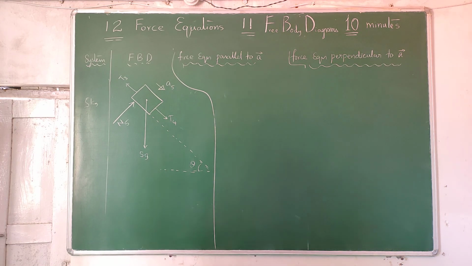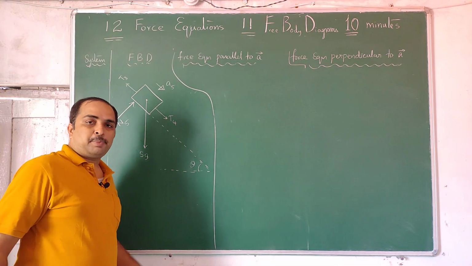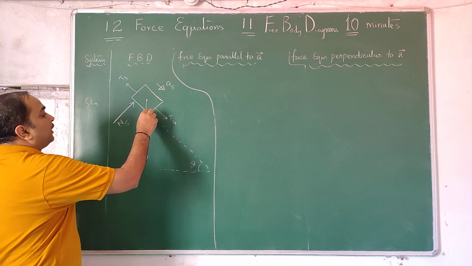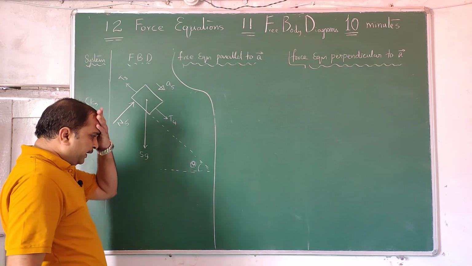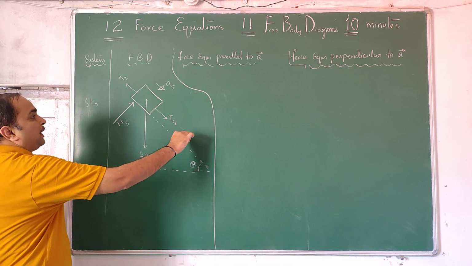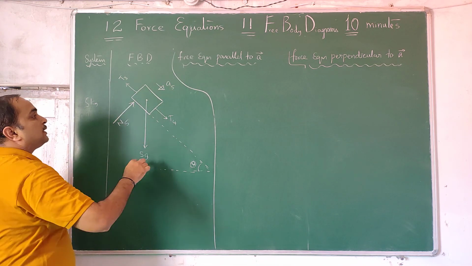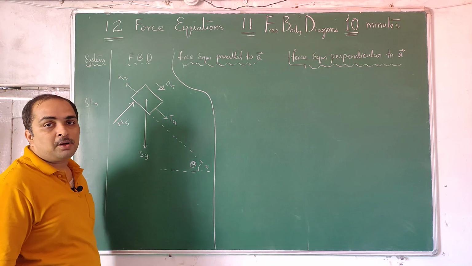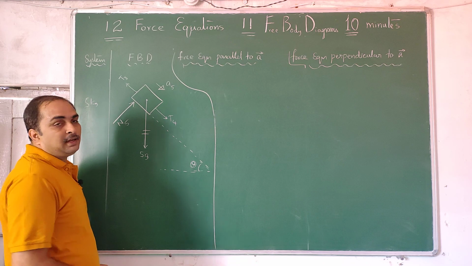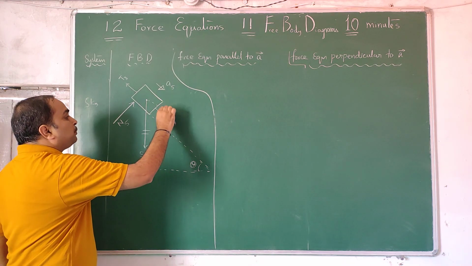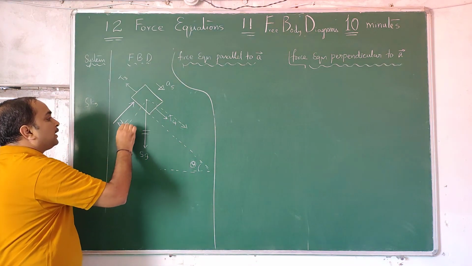Now coming to the little typical case, but this is very simple. So here this is on an inclined plane whose angle of inclination is 30 degrees or 40 degrees or theta, keep it. So this force is parallel to the acceleration, this force is opposite to the acceleration, this is perpendicular to acceleration, there is no problem with it. But there is a force which is neither parallel nor perpendicular to acceleration.